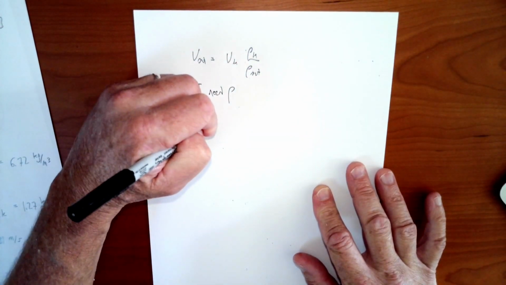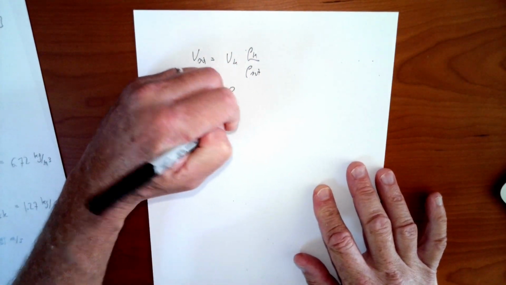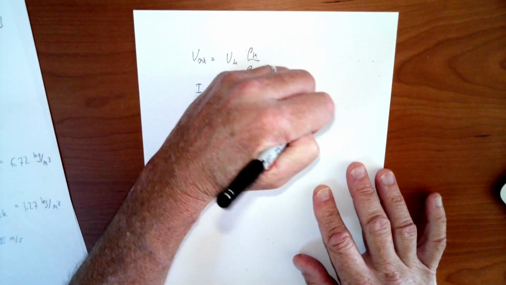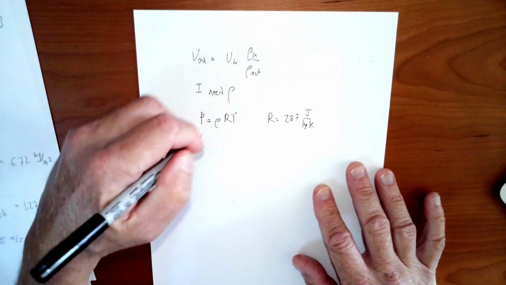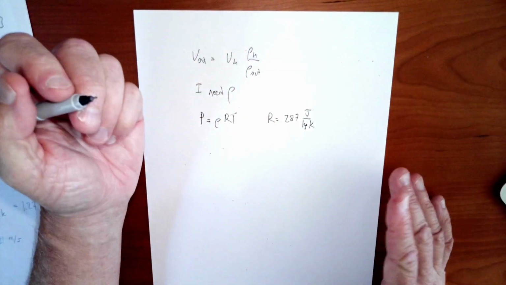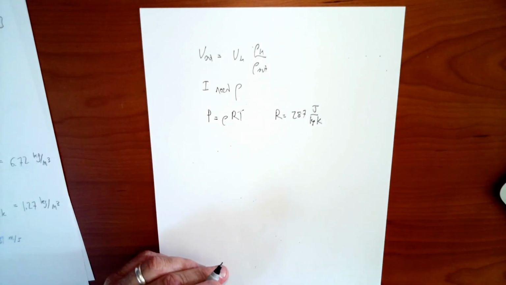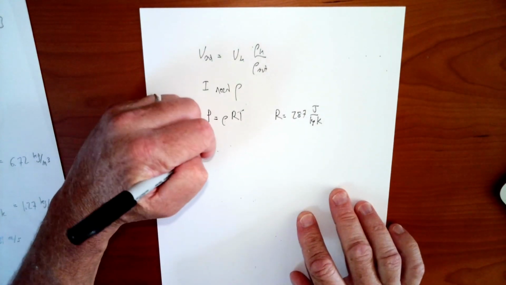So I'm going to use P equals rho RT. I know that R is equal to 287 joules per kilogram Kelvin. I know that T varies with the inlet, so I'm going to have different P's and different T's. But I can solve for rho. So at the inlet,